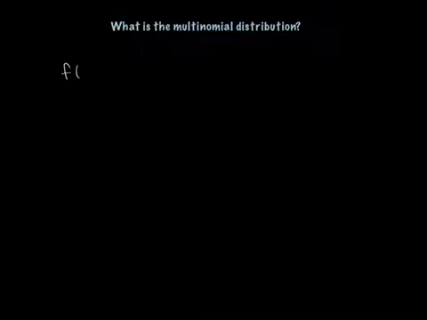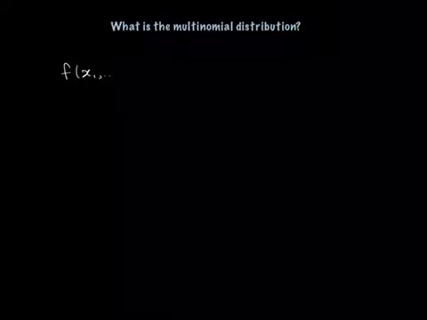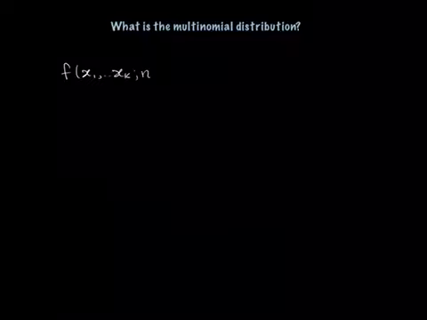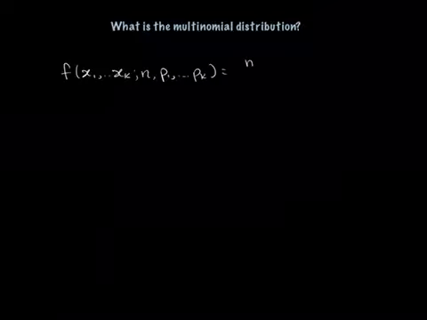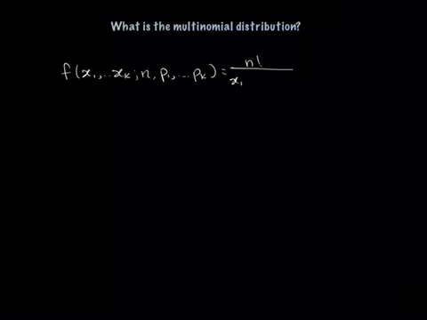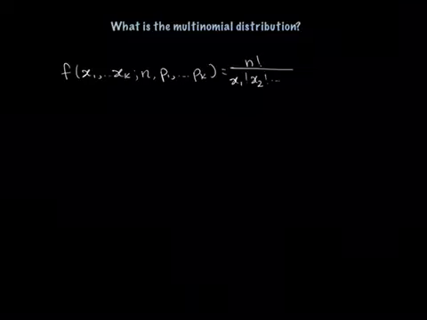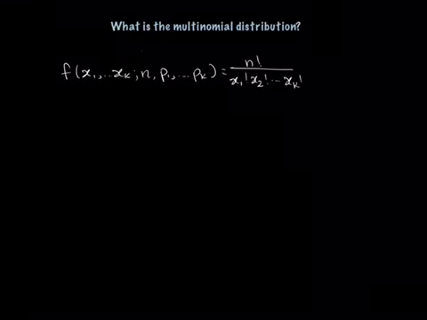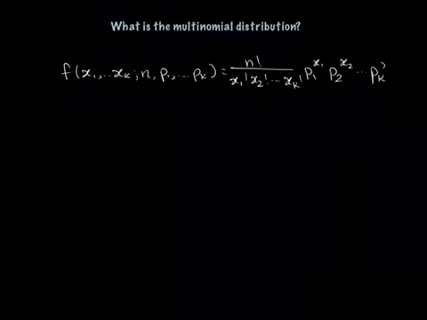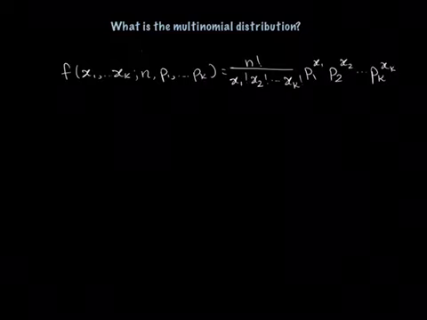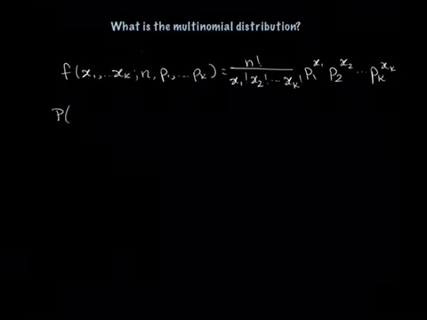The equation for this is given by f of x1 to xk, where k represents the number of categories, and there are n in our sequence, and there are k different probabilities of selection, and this is given by n factorial divided by x1 factorial, x2 factorial, and so forth to xk factorial, times p1 to the x1, p2 to the x2, so forth, pk to the xk. Now that first coefficient out in front is called the multinomial coefficient, and this represents the probability that a